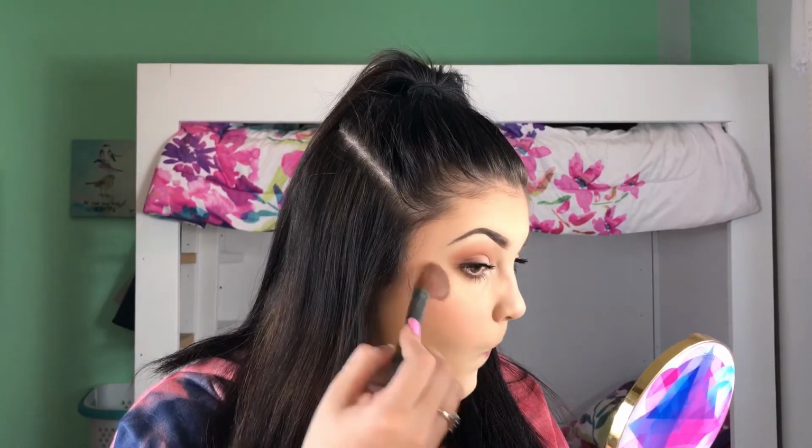So I'm going to spray that again, dip into my highlighter, put it on my cheekbones. Once you have finished highlighting, my last step is going to be the lips. I'm not going to put on a lipstick today. I'm just going to do this NYX Pump It Up Lip Plumper. It's a really pretty pale pink. It doesn't really show up super pink or anything like that. And it's just sparkly. So I'm going to go ahead and do just a lip gloss